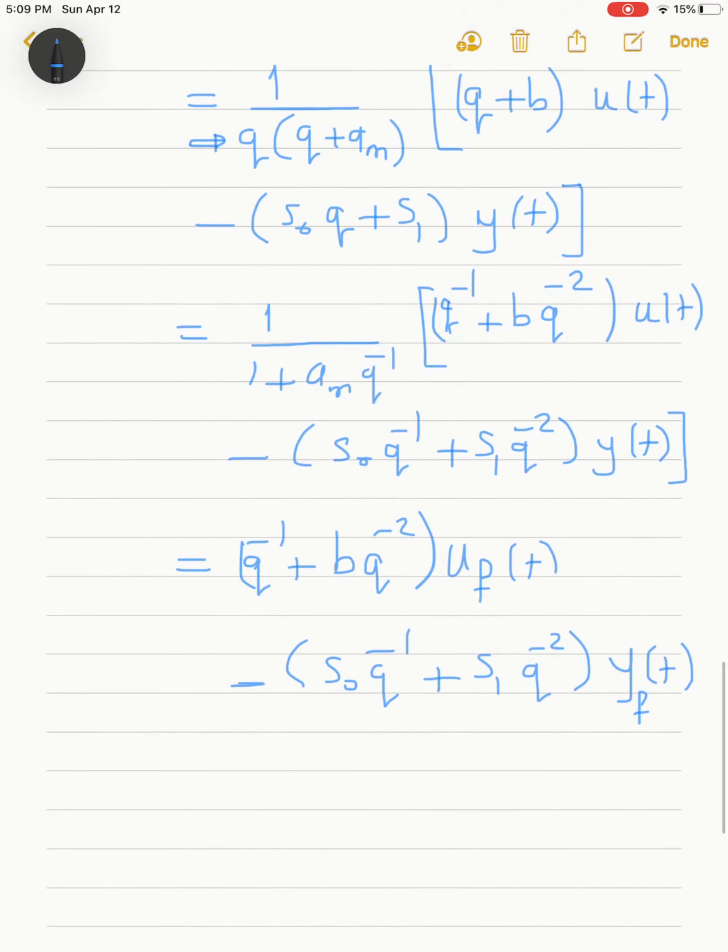We'll see how to calculate the filtered signals in a moment, but for now let us rewrite this equation as